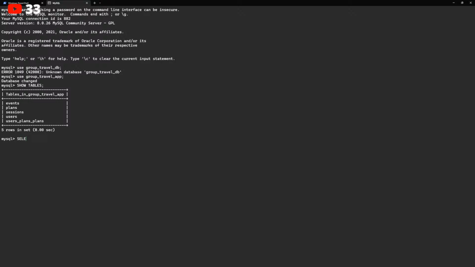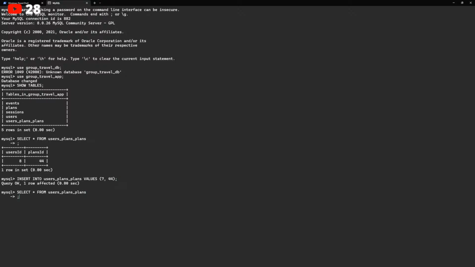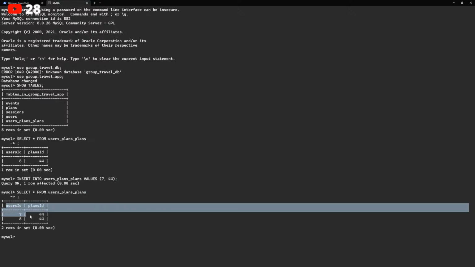If I select from it, you'll see that user ID, plans ID, right? All I need to do is just insert into this table and add a random user ID. We'll do 744. And now you'll see that this junction table has those two values.